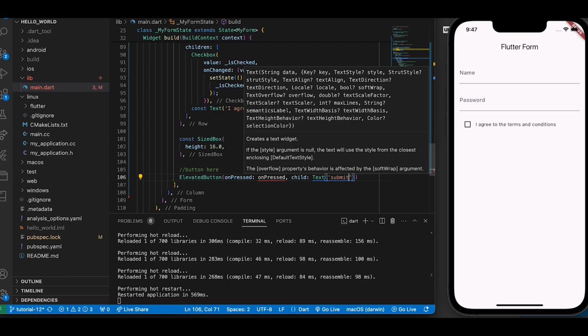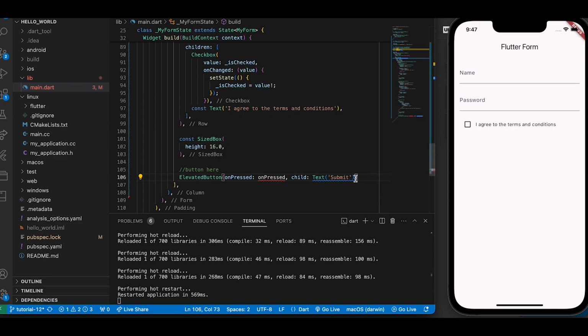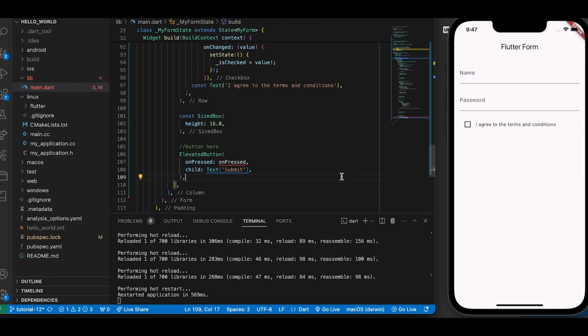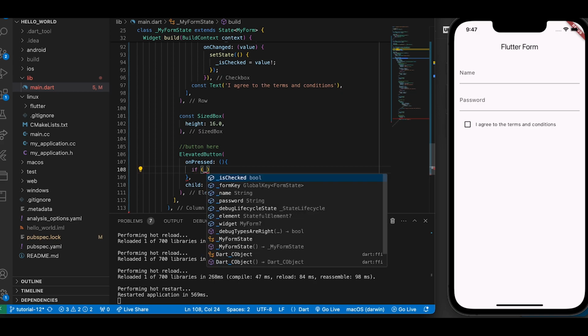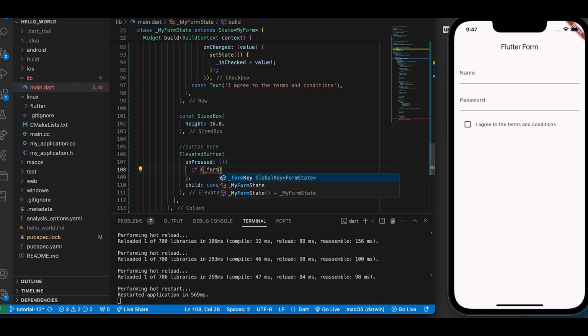We just write submit. We're not going to style it. Okay, and on press there are a couple of things that we need to do. Now we just have to state a condition. So if, I'll use the form key. If the form key dot current context, then a column, dot validate,